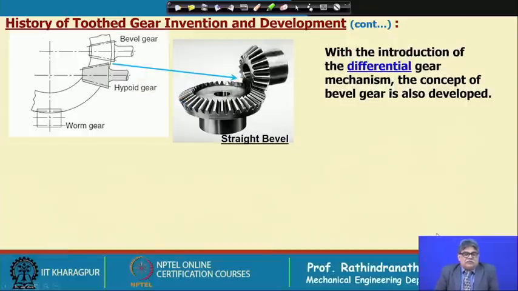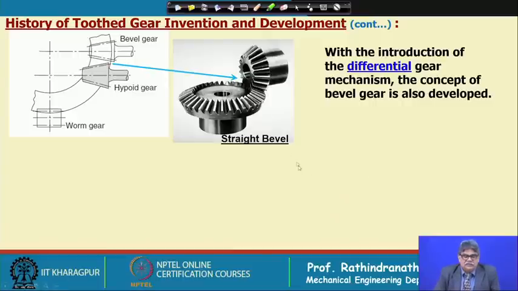Now, coming to the bevel gear, this bevel gear developed eventually with other gears, but there are different types of bevel gears, and at first it was needed to drive intersecting shafts, somewhat at 90 degrees. Now, if we look into the bevel gear performance operation, then we will see that from bevel gear with angular change, features change, it will come into worm